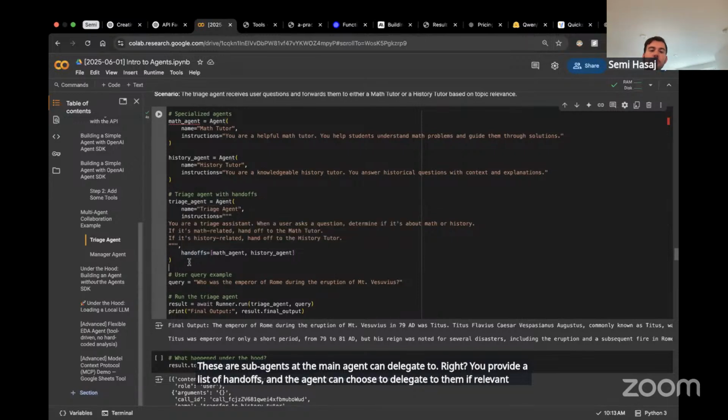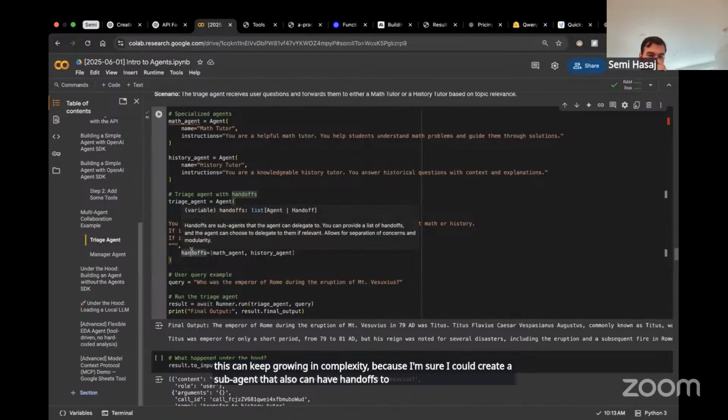Now, this can keep growing in complexity because I could create a sub agent that also can have handoffs to other sub agents. So you start getting agents talking to agents, talking to agents. And this is very common. You have group chats of these agents working towards a task.